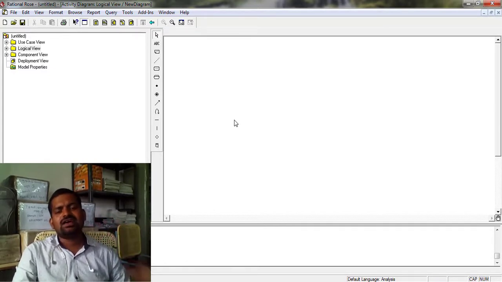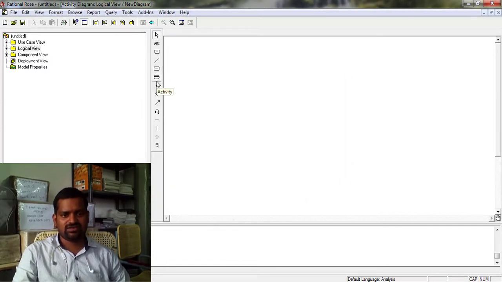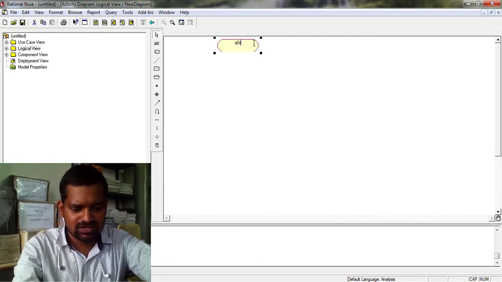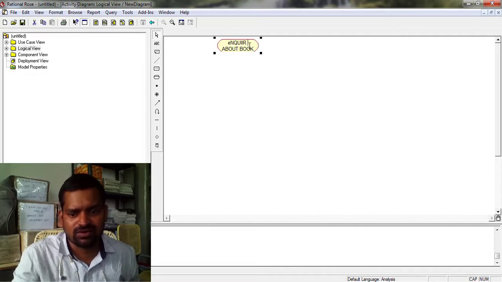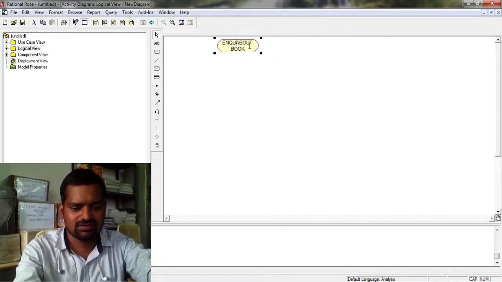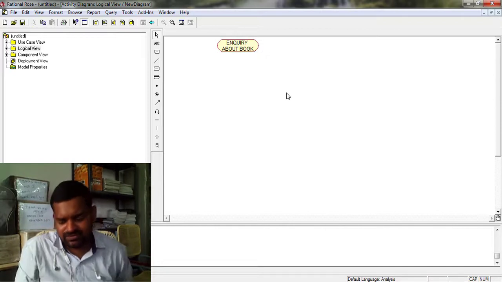First, draw the activities for the library management system. The first activity is inquiry about book. So you draw here: inquiry about book, one activity.